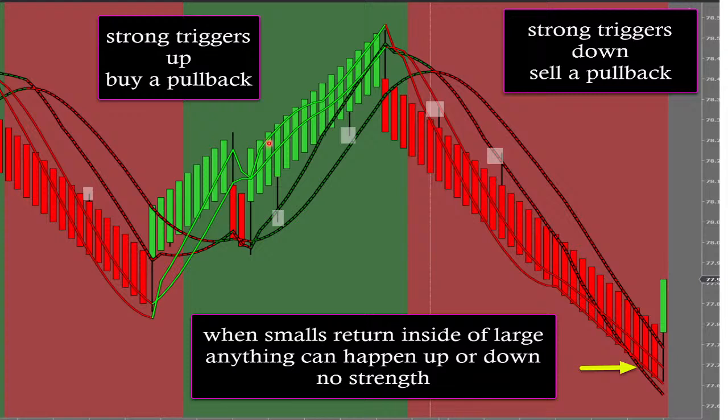Let's see how many big words I can use in one breath. On your large chart, it looks like a tail. Remember, it's a slow-moving chart. You're going to be able to pinpoint on the small chart where that tail is most likely to form. Strong triggers, buy a pullback to Fibonacci support on a smaller, faster chart. Strong triggers down, sell a pullback to Fibonacci resistance on a smaller, faster chart. And guys, this is your best of the best look. This is what sets you up for